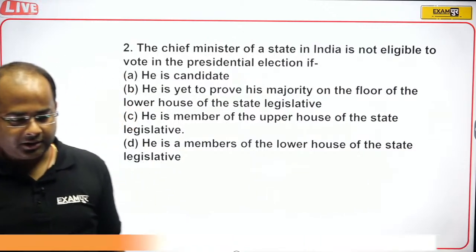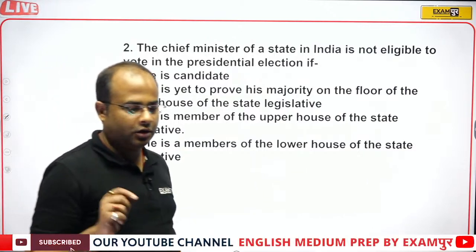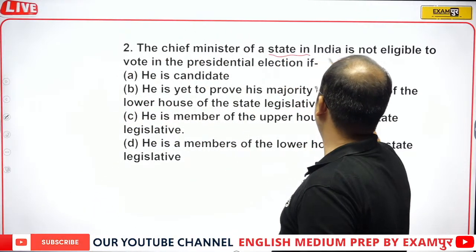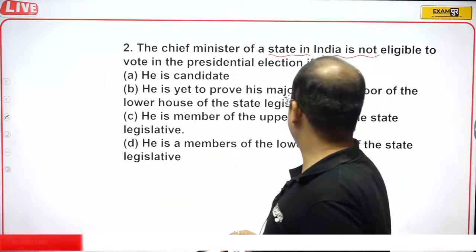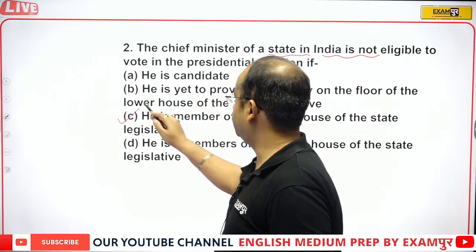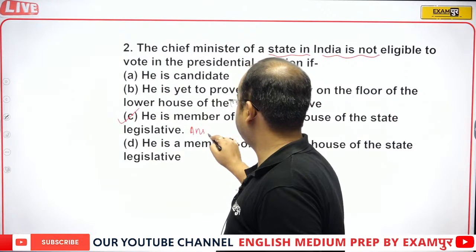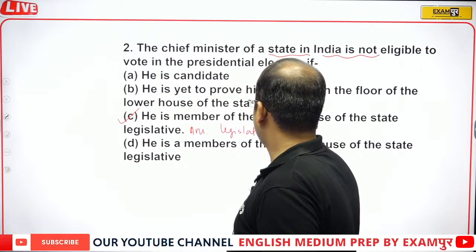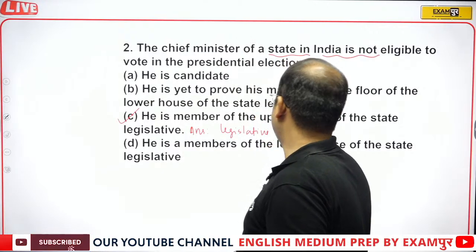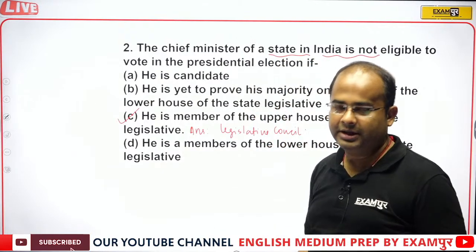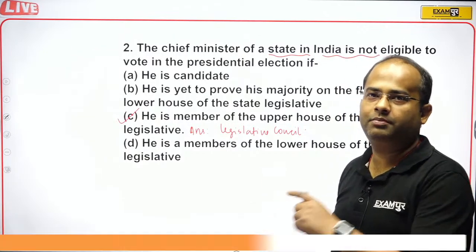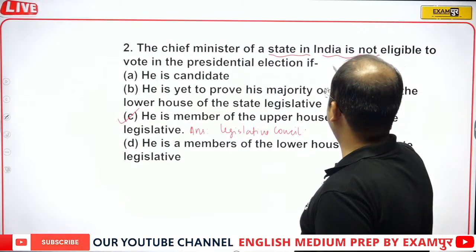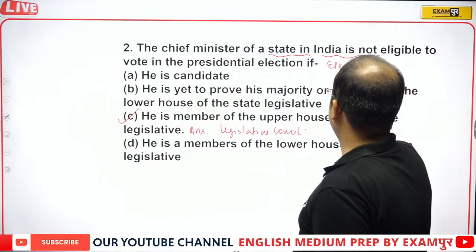Okay, let's see the correct answer, guys. If I talk about the chief minister, when can he not participate in the election of the President of India? When he is a member of the upper house of the state legislature, that means he is a member of the legislative council. So, if the chief minister is a member of the legislative council, then he cannot participate in the election of the president. The reason is this, guys, the electoral college of the president